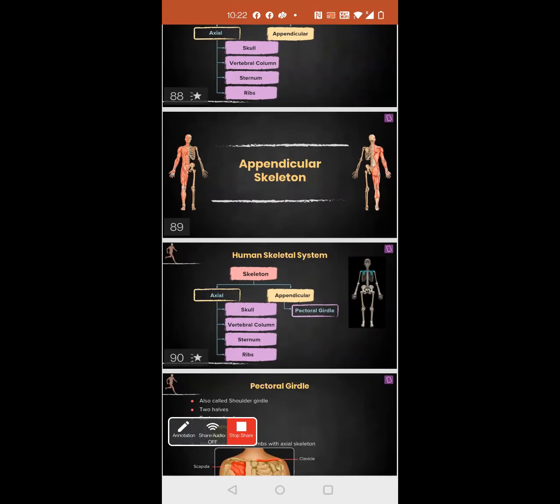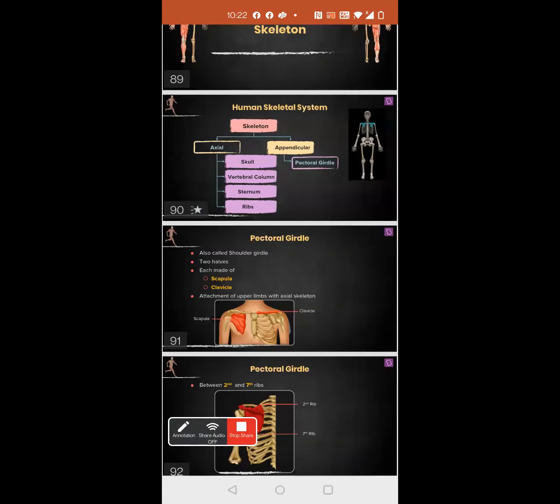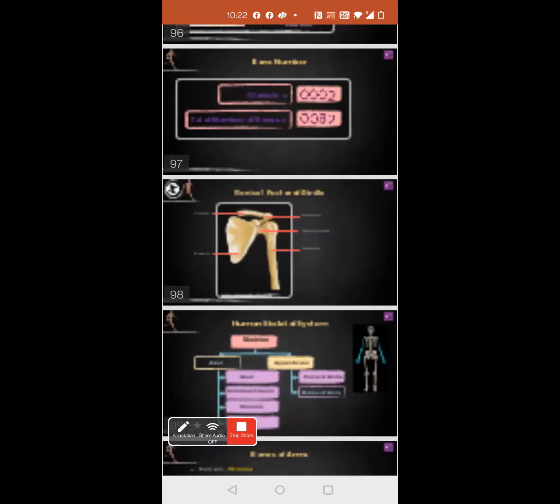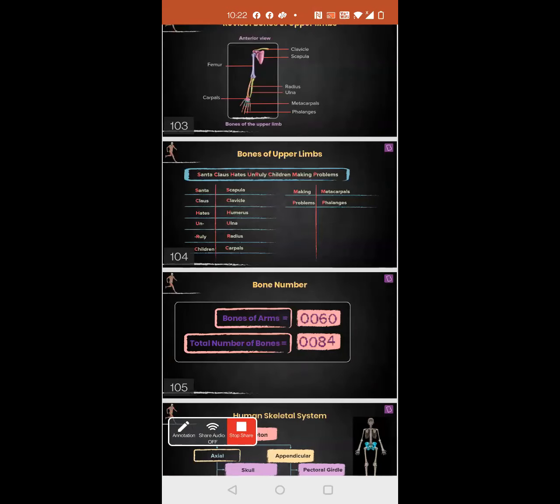I'm a pro, ma'am. The only thing left is the appendicular skeleton and the types of joints. Then we are done with the chapter. I'll take this up in the next class. One more class will finish it off. 1.5 hours we'll sit and finish it off. Not sure whether tomorrow I can take 1.5 hours. I'll try my best to complete it tomorrow.